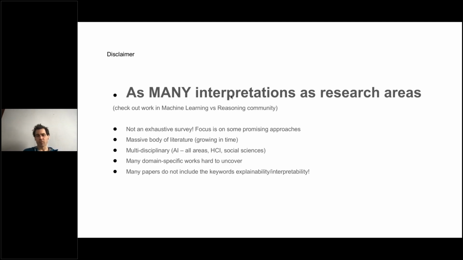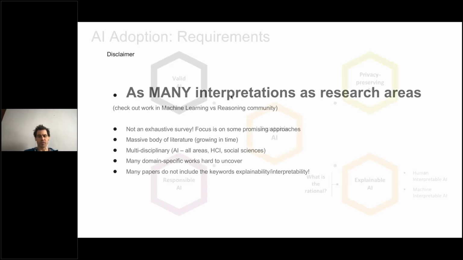There are many domain-specific works which are hard to uncover. So again, you may have seen some of those existing works in the past, and they are probably not mentioned in this survey here. And there are many papers that do explanation, but they don't mention explainability and interpretability. That's also something to be careful with. People might confuse or might use the same word, saying I do interpretation, explanation, but it's not the same thing depending on who you're talking with and what your stakeholder means. Interpretation and explanation are different, and so they need properly different